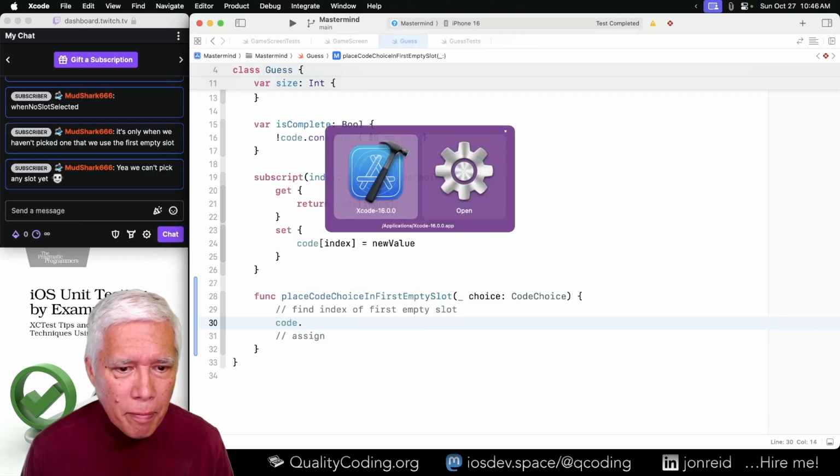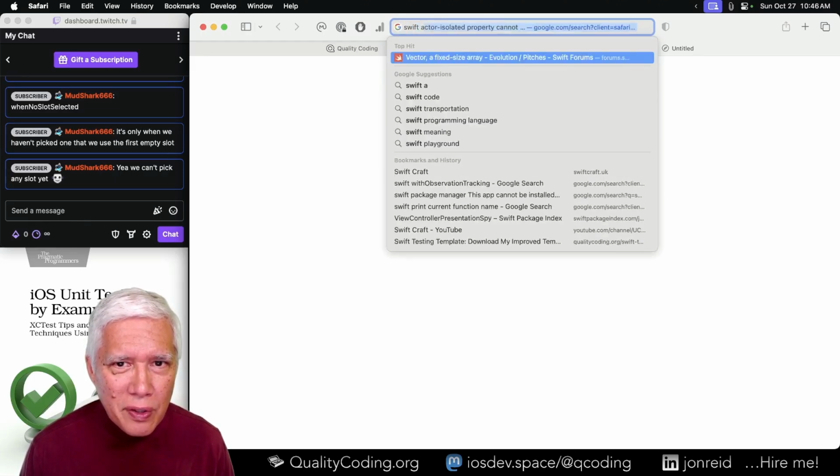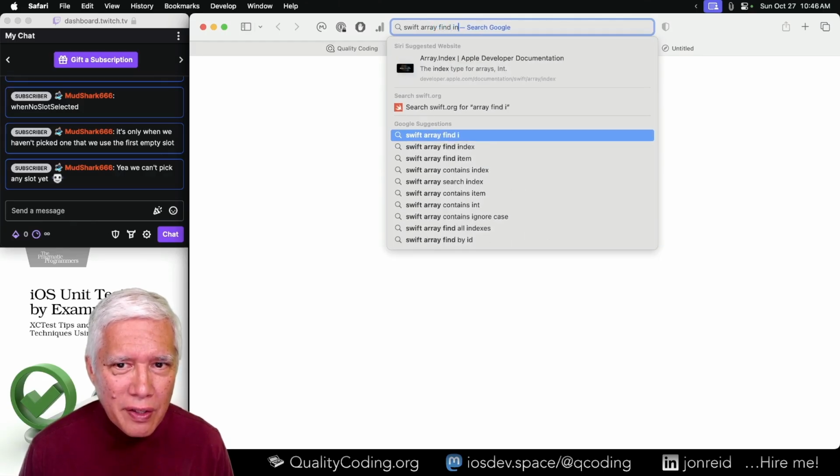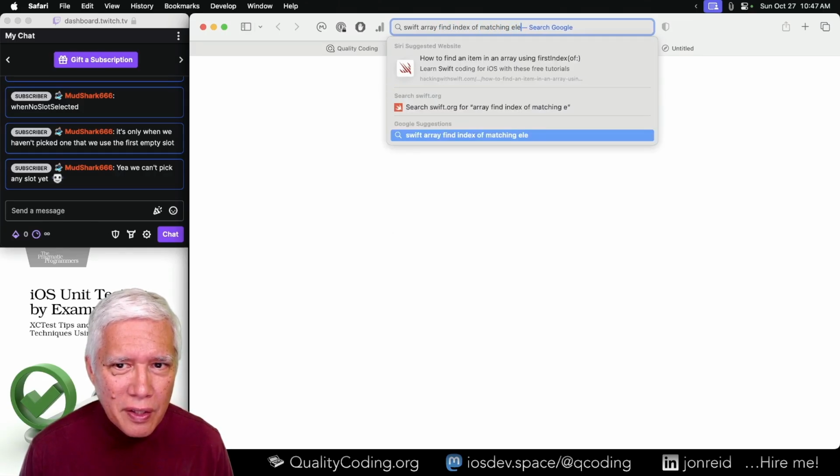I don't know. I'm trying to skip over the loop right now. The Swift array find index of matching element.